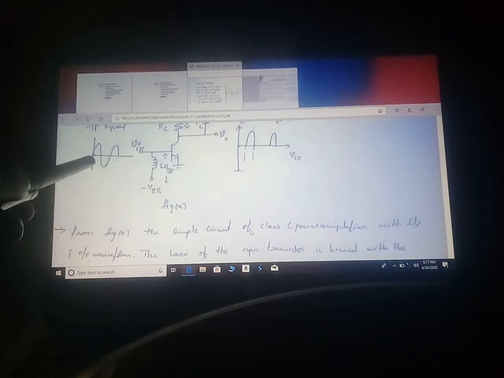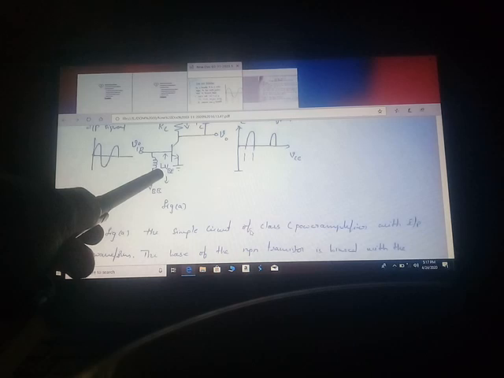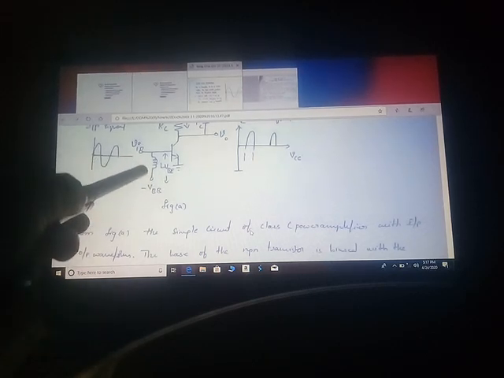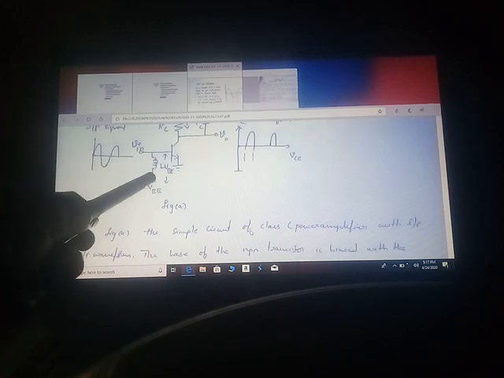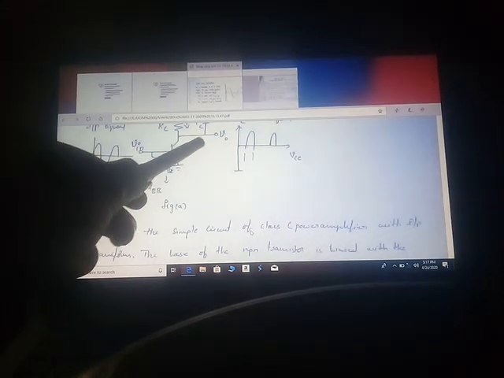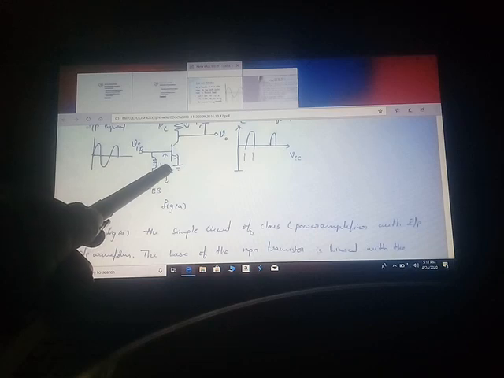For example, if you are sending a 0 to 2 volts input signal, then due to this coil, a variation of 0 to 20 volts will be developed at the input signal. Whenever this variation is developed, the same voltage is given to the transistor and it is calculated at the output. And here we have to recall a few points related to the transistor.